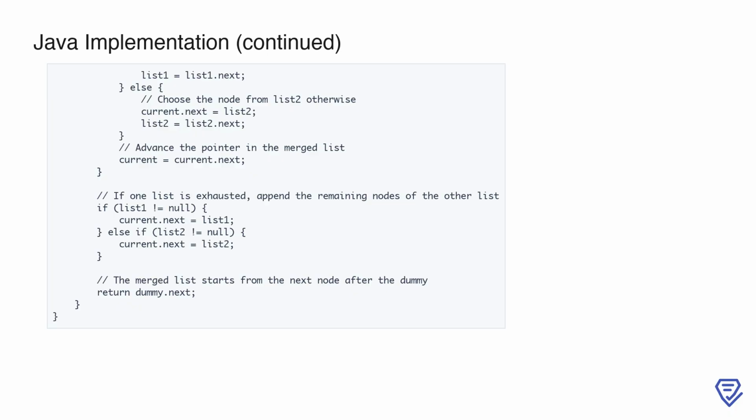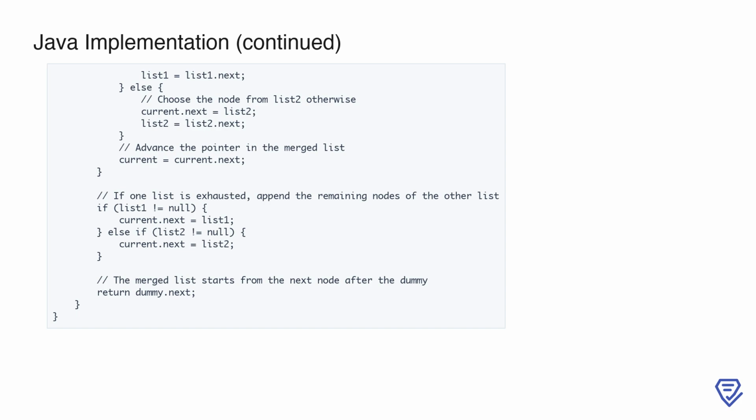equals list1.next. On the other hand, if the value in list 2 is smaller, we attach the current node from list 2 to the merged list by setting current.next to list 2, and similarly advance the pointer in list 2 to its next node. After attaching the chosen node, we move the current pointer forward in the merged list by setting current equals current.next. Once the while loop ends, it means at least one of the input lists has been